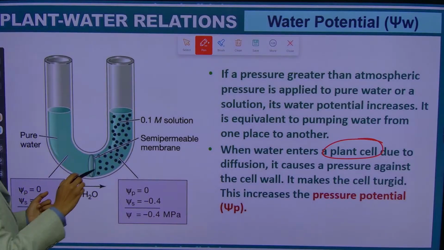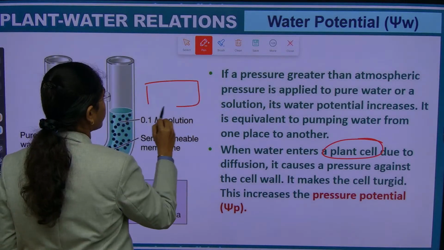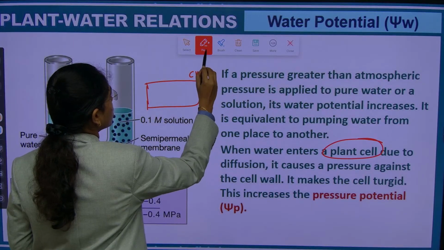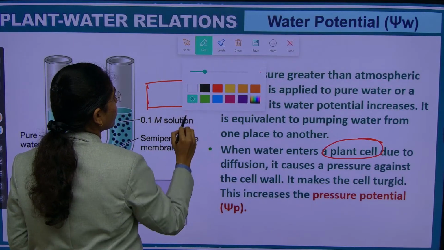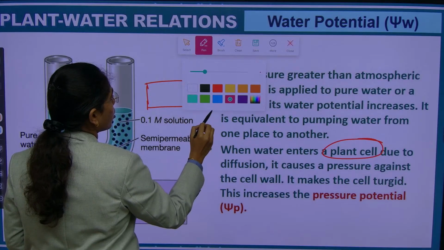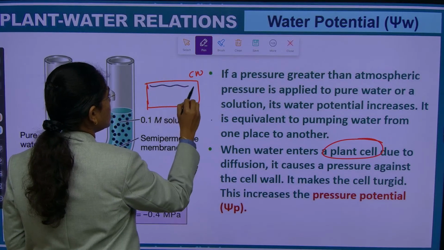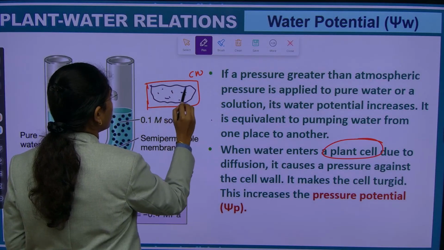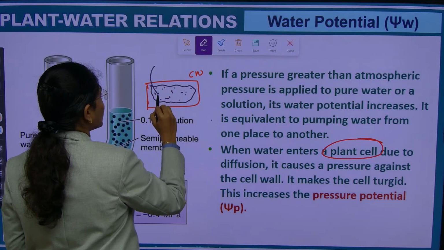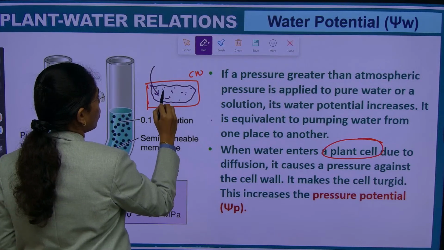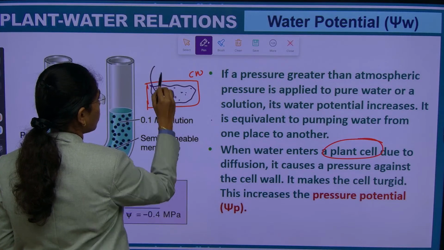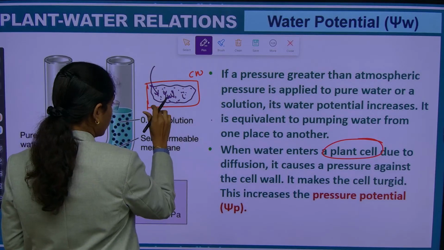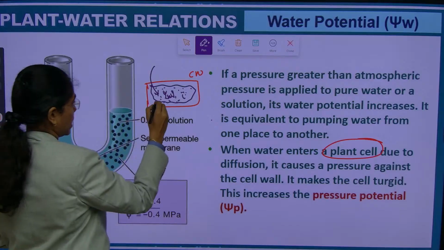For example, this is a cell wall, and let us suppose this is the cell membrane inside which molecules are present, and water has entered here. Here water potential is decreased and water molecules are being added, which is increasing the cell membrane size,